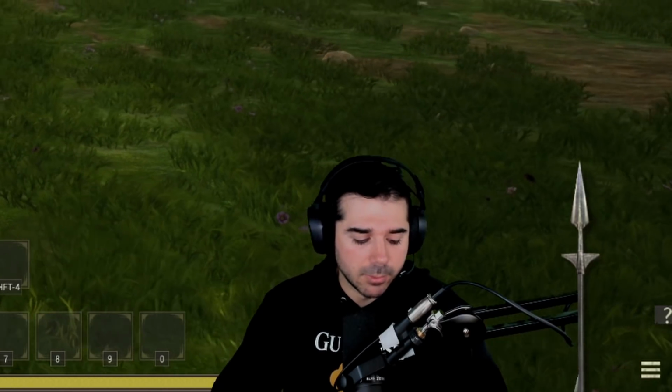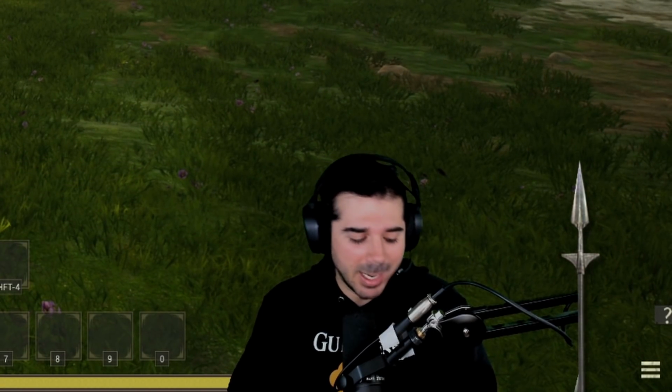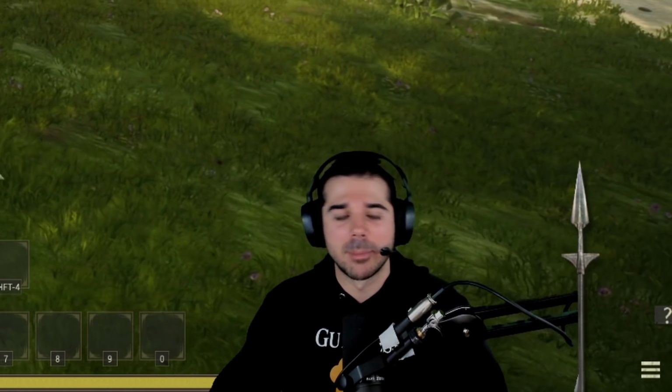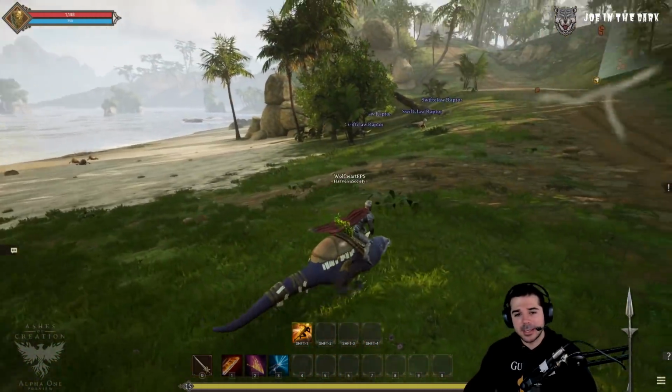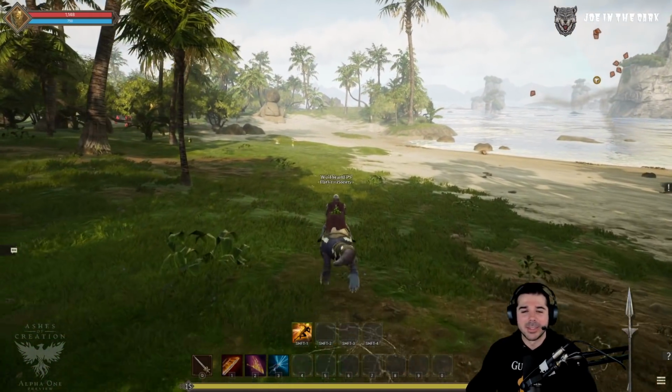So right now on this server, all the devs are testing out sieges. Unfortunately, I wasn't included. I couldn't get close enough to the siege registration officer because there's so many people trying to participate, and the sieges right now are only 100 versus 100. So I decided to take my little otter mount over here to this peninsula place and show you guys all